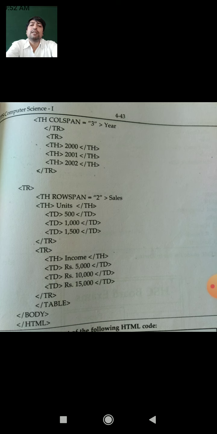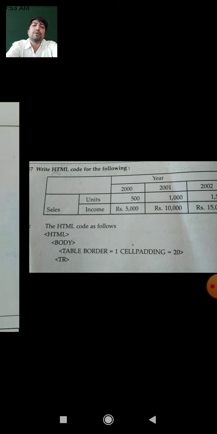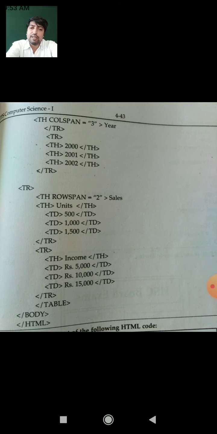The third row will start with the first data cell, then the second data unit, then the entry of three different data: 500, 1000, 1500. You can see th is closed, and then we can input 500, 1000, 1500 in the example.